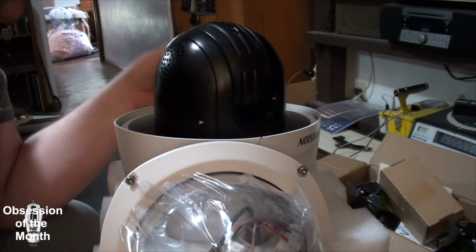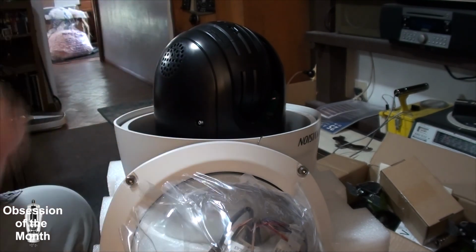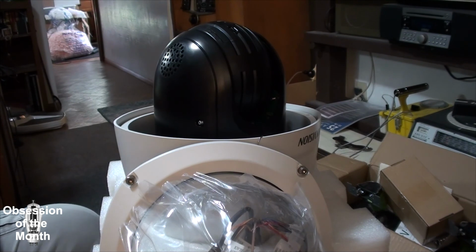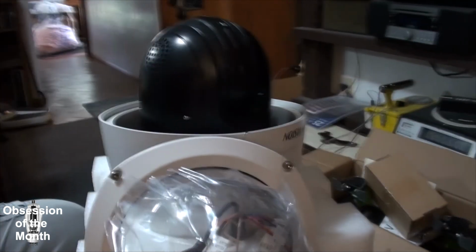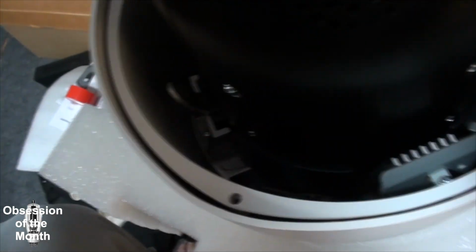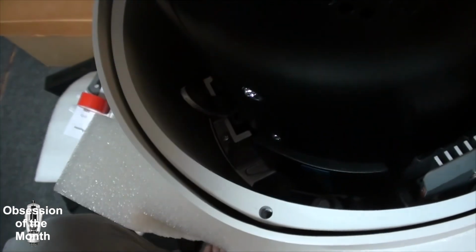So let's see here. I'm going to get the camera off the tripod, and I'll show you what I can see inside of it. And we'll transfer to shaky vision. You can see that the inside of this is mostly,